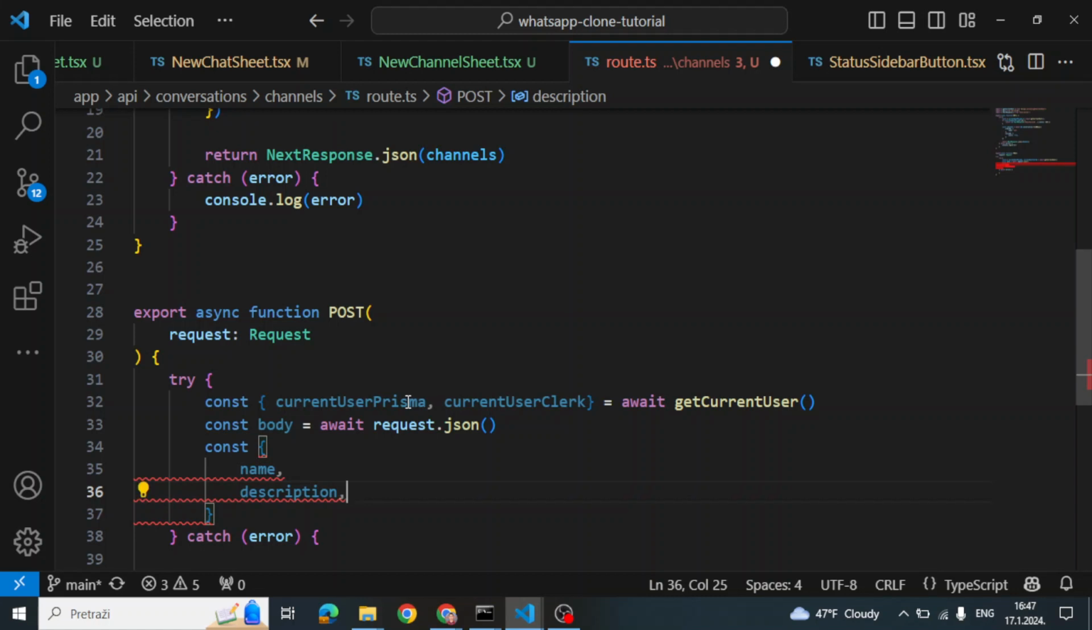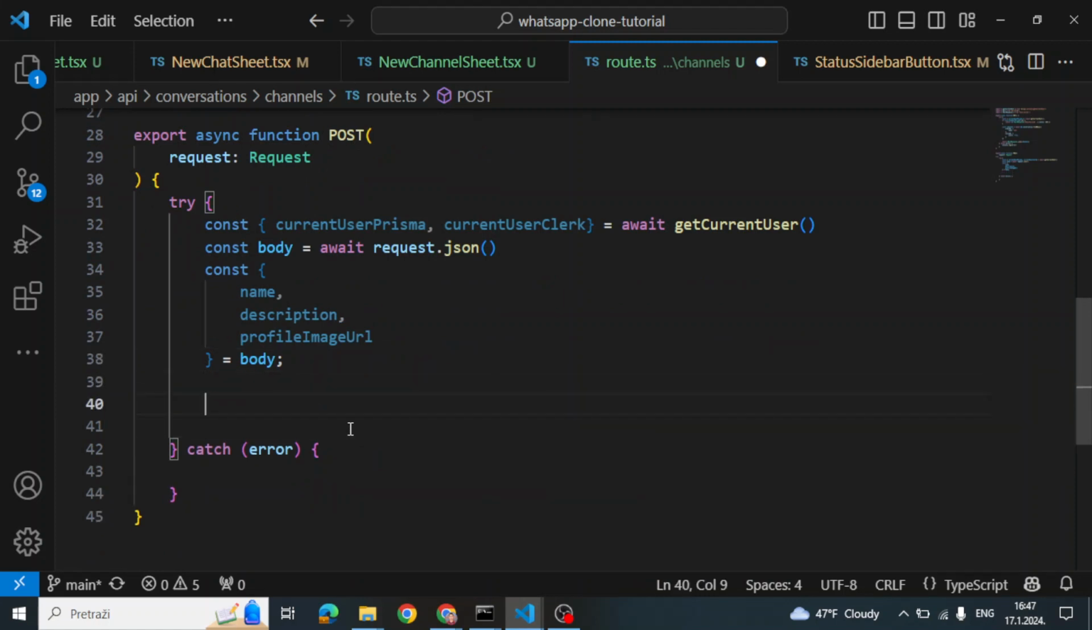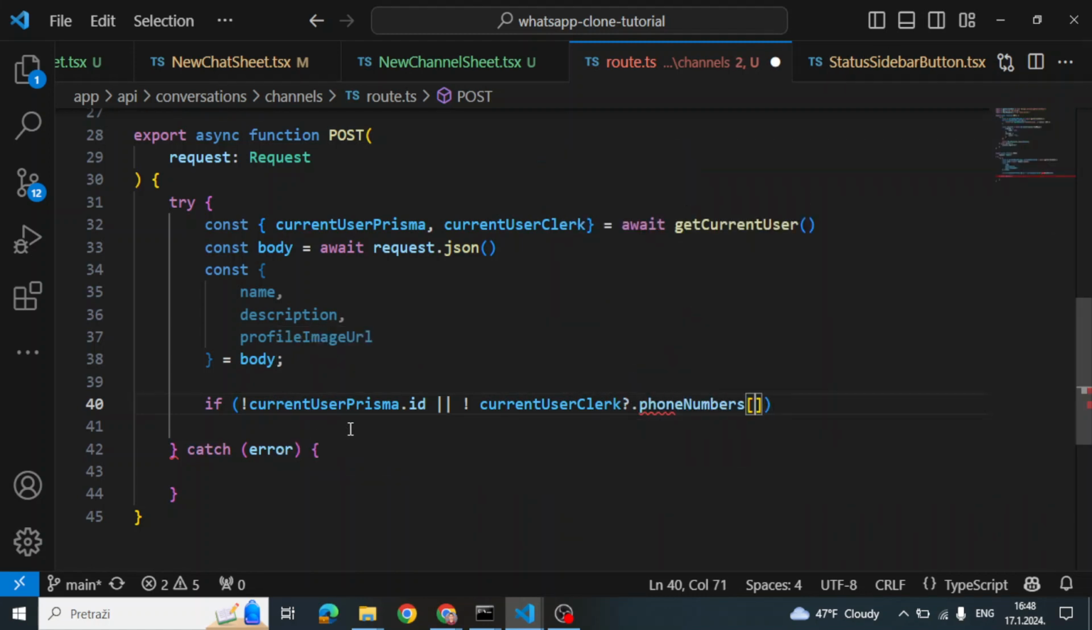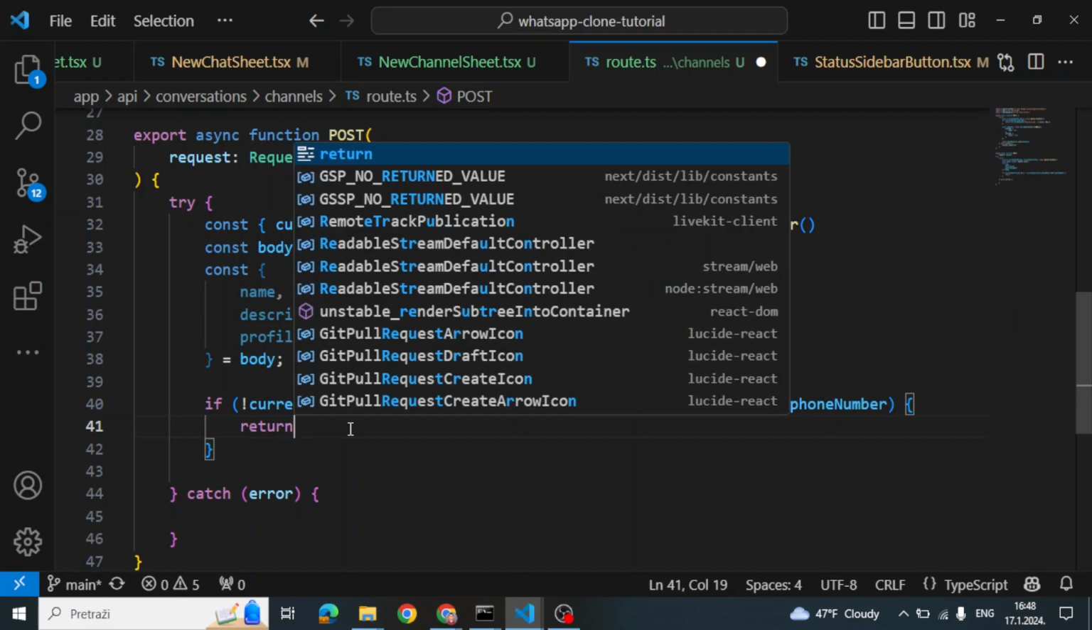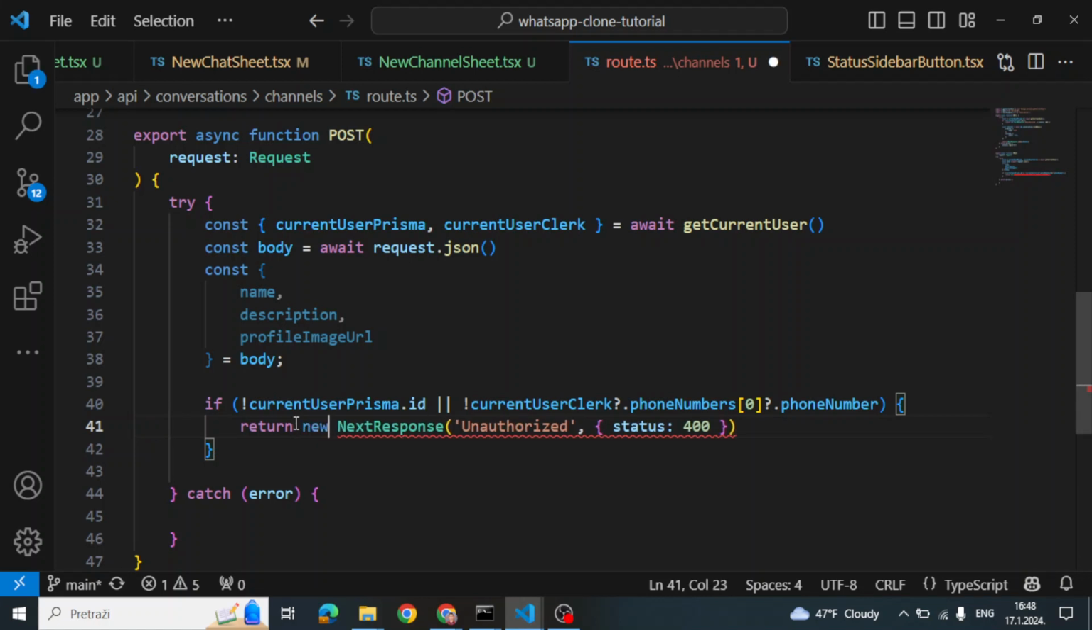description of the channel, and profile image URL, and that's all gonna be equal to body. And let's go a bit below. If not current user Prisma.id or not current user clerk question mark dot phone numbers and first phone number question mark dot phone number, we're gonna return next response unauthorized because there is nobody logged in, unauthorized, status 400,